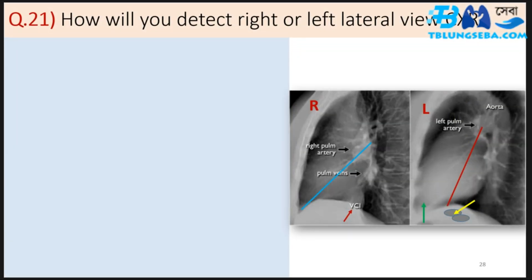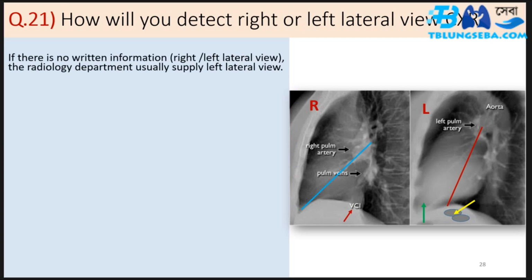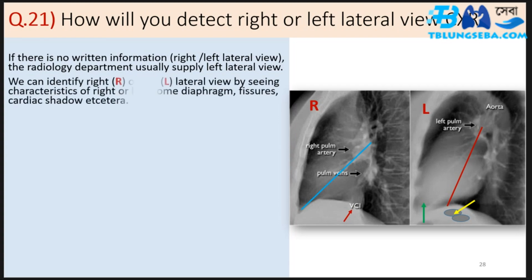Q.21, how will you detect right or left lateral view CXR? If there is no written information, right or left lateral view, the radiology department usually supplies left lateral view. We can identify right, R, or left, L, lateral view by seeing characteristics of right or left dome diaphragm, fissures,